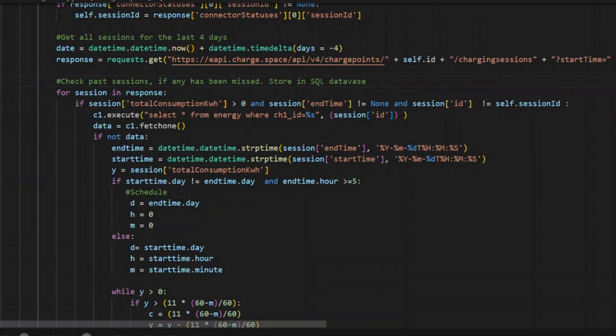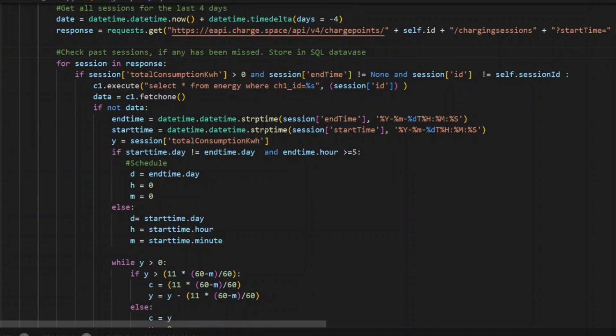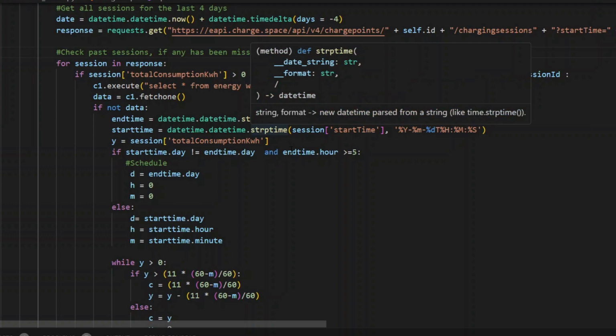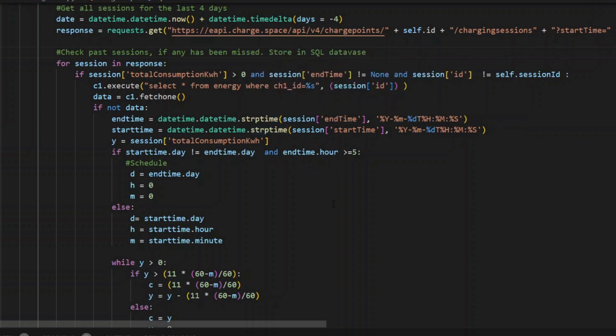And then I'm looking through those sessions to see if I have all of them, if I have missed any of the sessions. And if I have missed any one of them, I'm updating the SQL database. It's a MySQL database which keeps the log information. So I will find any lost sessions, so to say, and I will add them